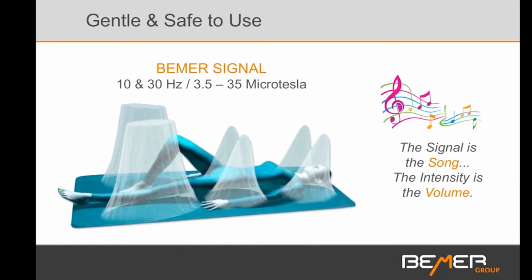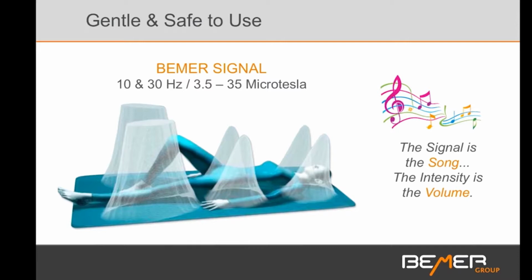So utilizing a field 3.5 to 35 microtesla is really very low. And just remember, that just determines how far or how effective this BEMER wave now is in certain tissue layers. So you're just setting the volume according to how deep into the tissue layer now things are affected or benefited,